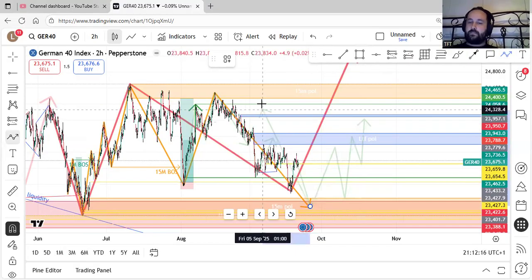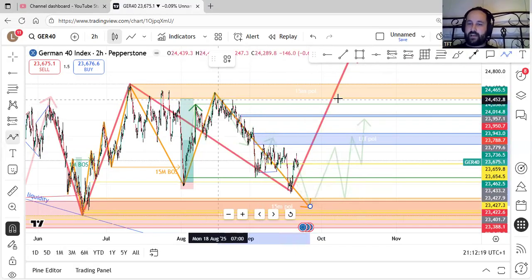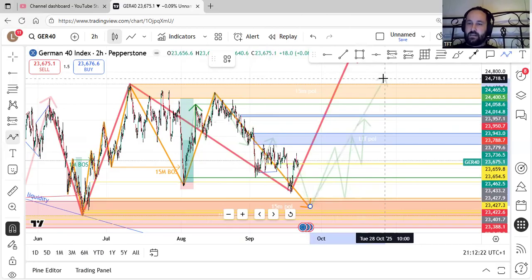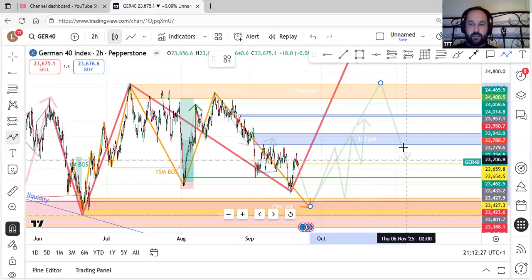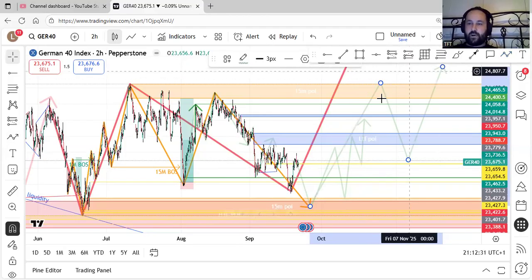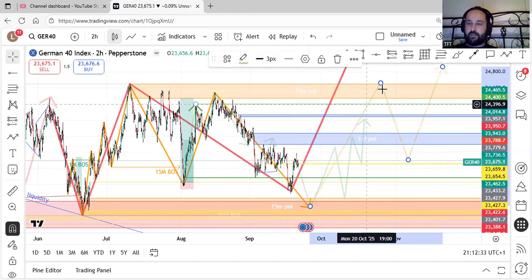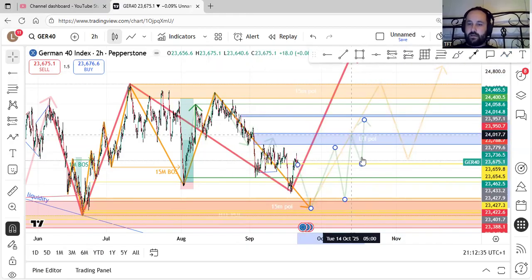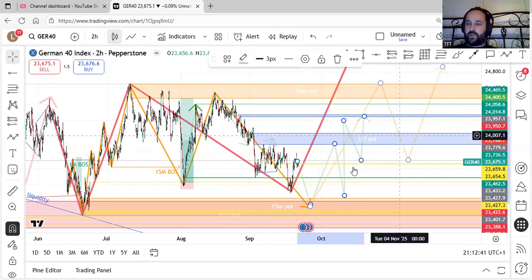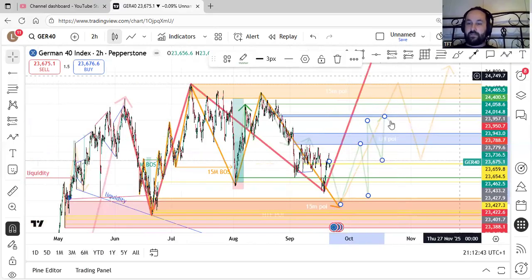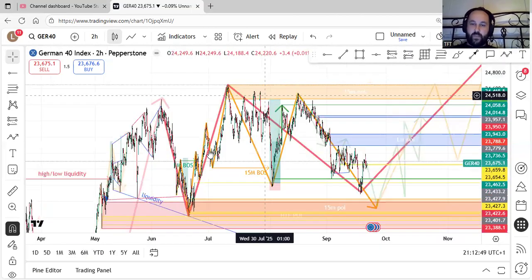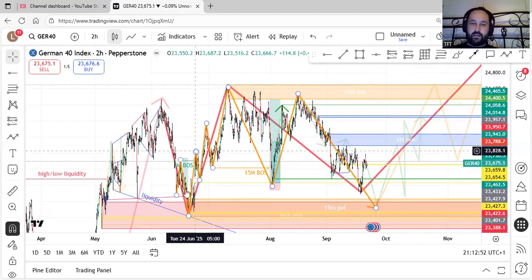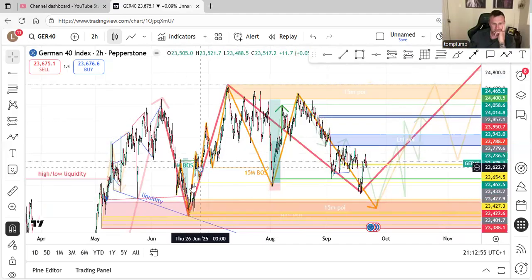We would basically start making 1 minute structures up, which would mean the structure will look like this. It would get a bit twitchy around this sort of high, but I would eventually expect it to break the high. Once it breaks that 15-minute high, we're going to get a big pullback again. And then we've got a couple of swings there that would be on the 15-minute now that it's orange. This green zigzag makes up the orange zigzag, and the orange zigzag would make up the 4-hour structure. Although there's an orange and a red line going up here, it's the same structure.